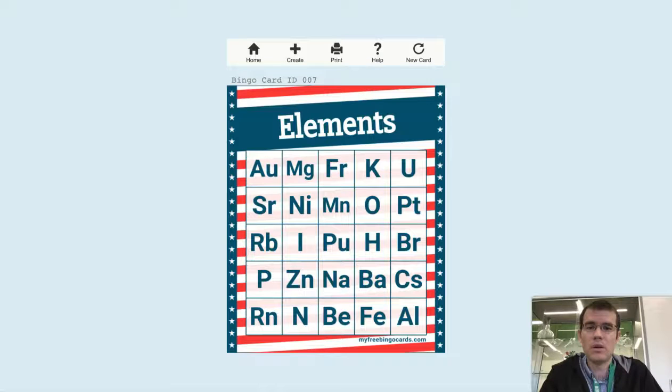So here's our bingo card. If we were to look for, say, silver, we would be looking and seeing if we can find AG, because that is the symbol that matches the name silver. As it's not on there, we would not select anything. What if you had gold? Well, the symbol for gold is AU, so you just select it and then you're good. So you can switch between the bingo card and the bingo selector and see how quickly you can win the